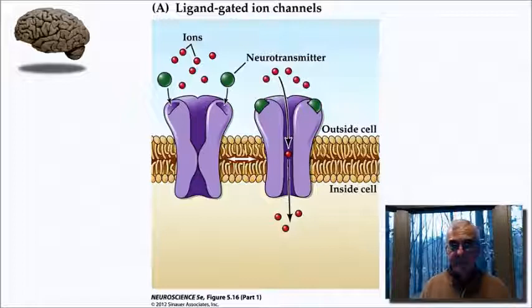And like the nicotinic acetylcholine receptor, these 5 subunits aggregate to form a pore through which ions may pass. But what I want you to notice here is really the complexity of this ion channel. There's a variety of binding sites for other substances that can modulate the efficiency at